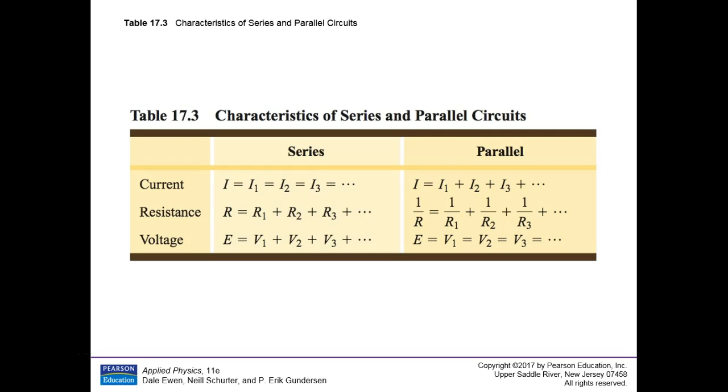Now, what happens with the voltages? Your battery or your power supply supplies a certain voltage here, and then that voltage is dropped as you go through each of those resistors. And the drop would be V is equal to I times R. You know the I is the same on all of them. I times R1 would be the voltage drop across R1. I times R2 would be the voltage drop across R2. I times R3 would be the voltage drop across R3, and so on. When you add up all those voltage drops, that has to equal the voltage supply. Yes? Okay.